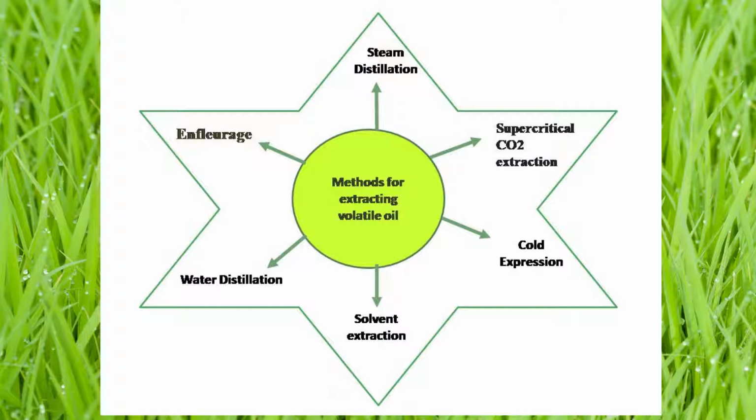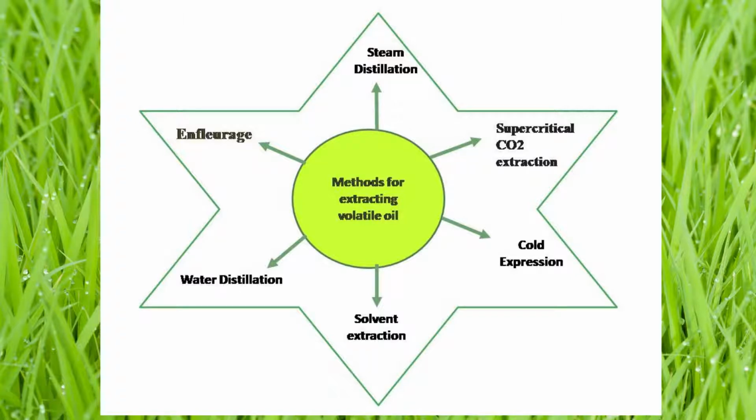The next method is the solvent extraction method, which uses solvents like hexane and ethanol to isolate the essential oils. It's mostly used for plant materials which have a low yield of volatile oil. Once a plant material has been treated with the solvent, it produces a waxy aromatic compound called concrete. When this concrete is mixed with alcohol, the oil particles are released.